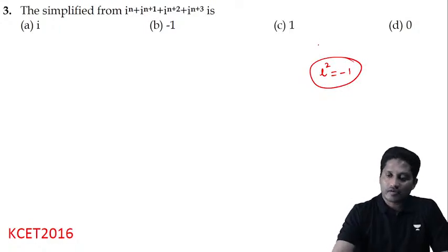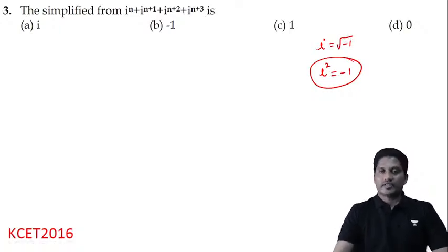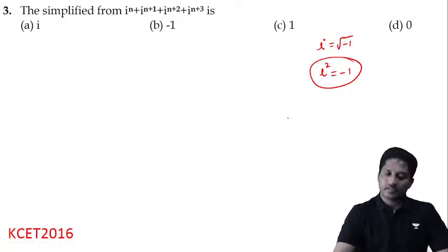Right? Sum of i is equal to root of minus 1, iota. Root of i square is minus. Sum of 4 consecutive powers of i is always 0. Let's say if you have i power 4 plus i power 5 plus i power 6 plus i power 7, it is always 0. I can write this as i power 4